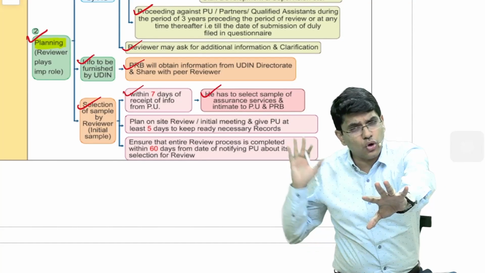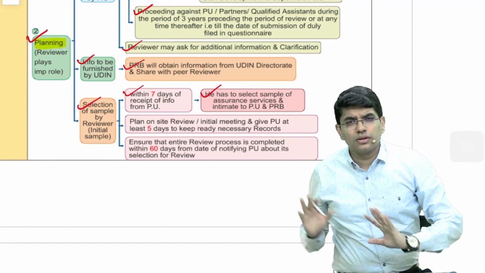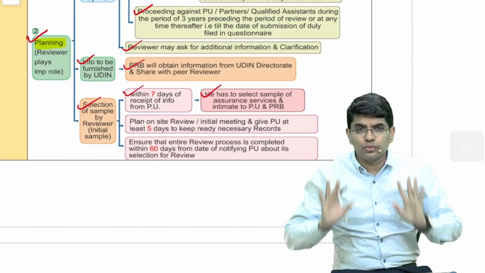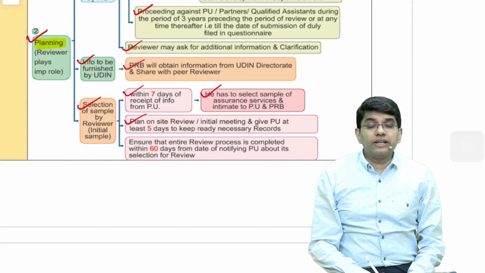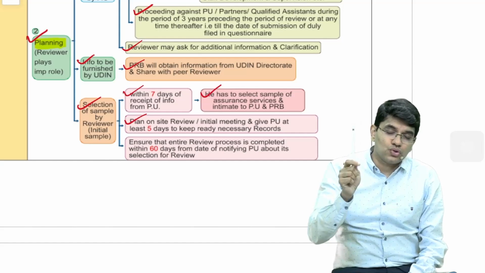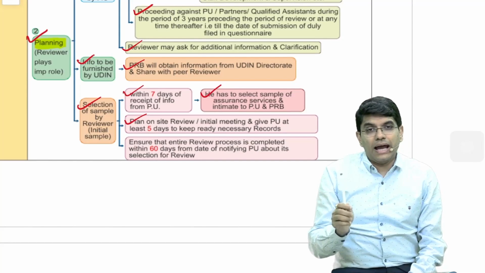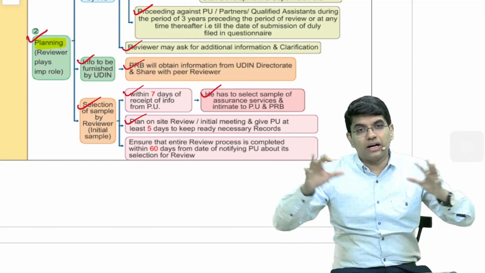One copy goes to the CA firm and one copy to the peer review board. Both of them will be informed. These are the number of assignments we are going to review. Then after intimation, the reviewer has to give at least 5 days to make all the arrangements,